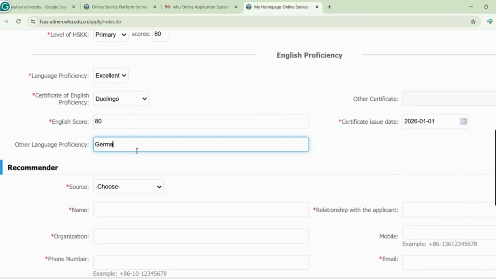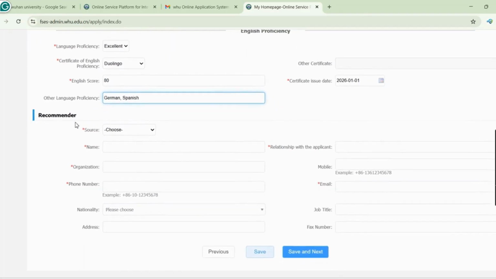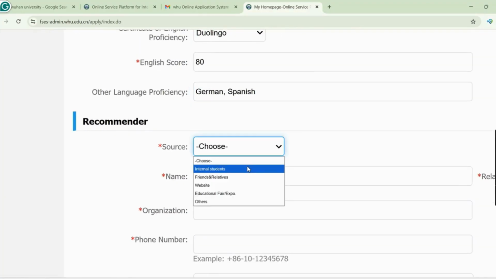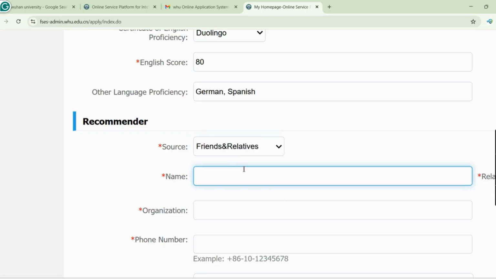So here you could perhaps add if you know any other languages. So here you would add the name of recommender. So in most of the cases, we prefer to add the name of recommender who is already in China. So for example, you have a friend or colleague or cousin, somebody in China, try to request them their name, organization, and phone number. So you can add their name here, right? So perhaps we could go with friends and relatives here, and we could write